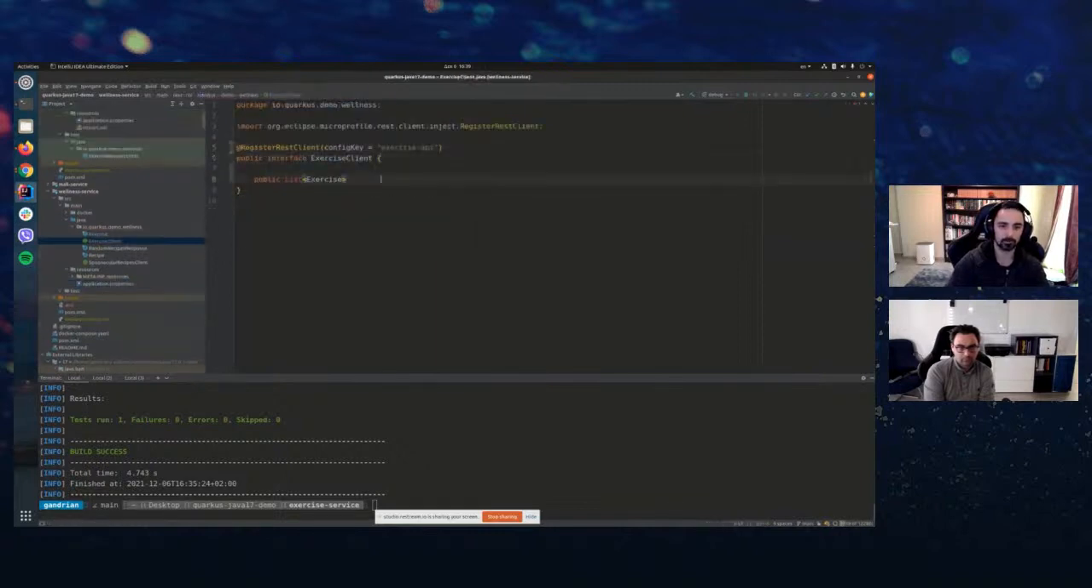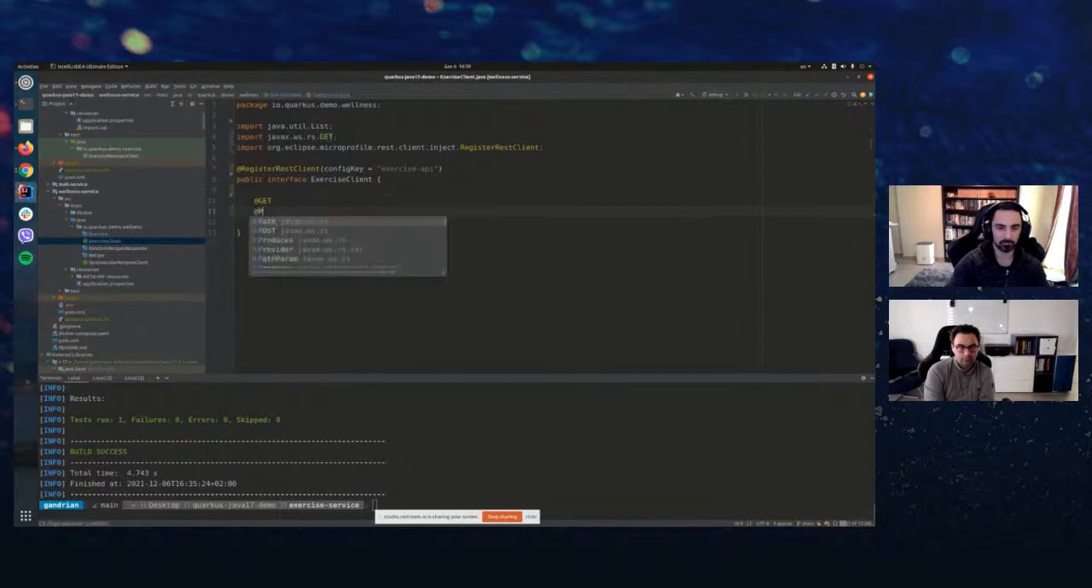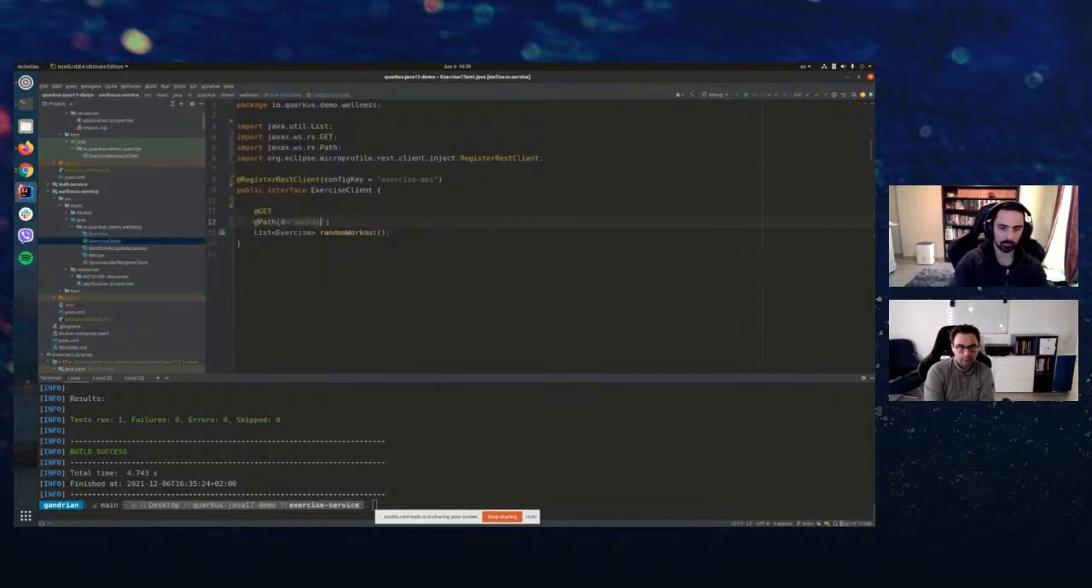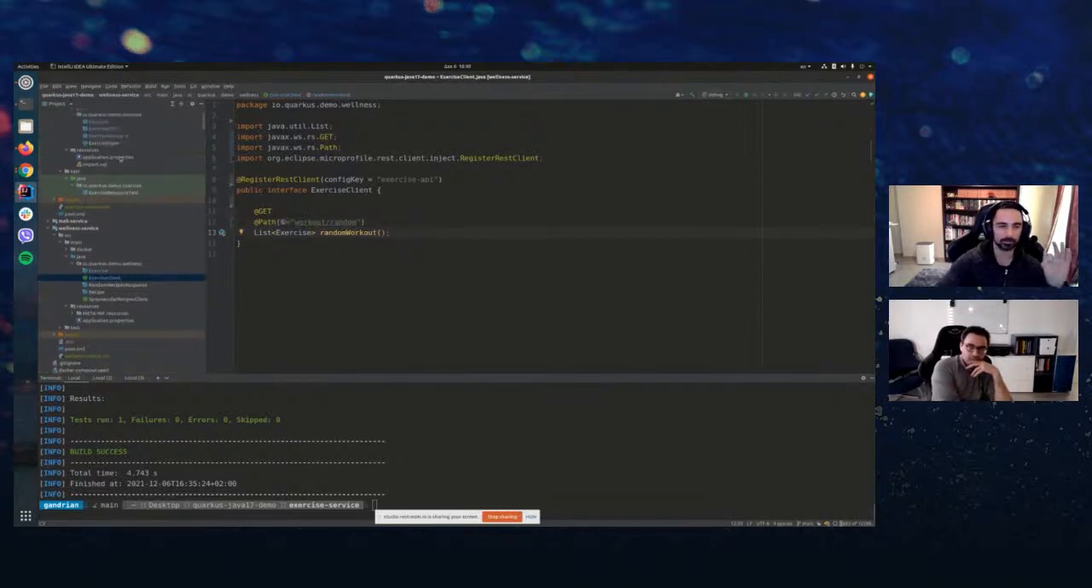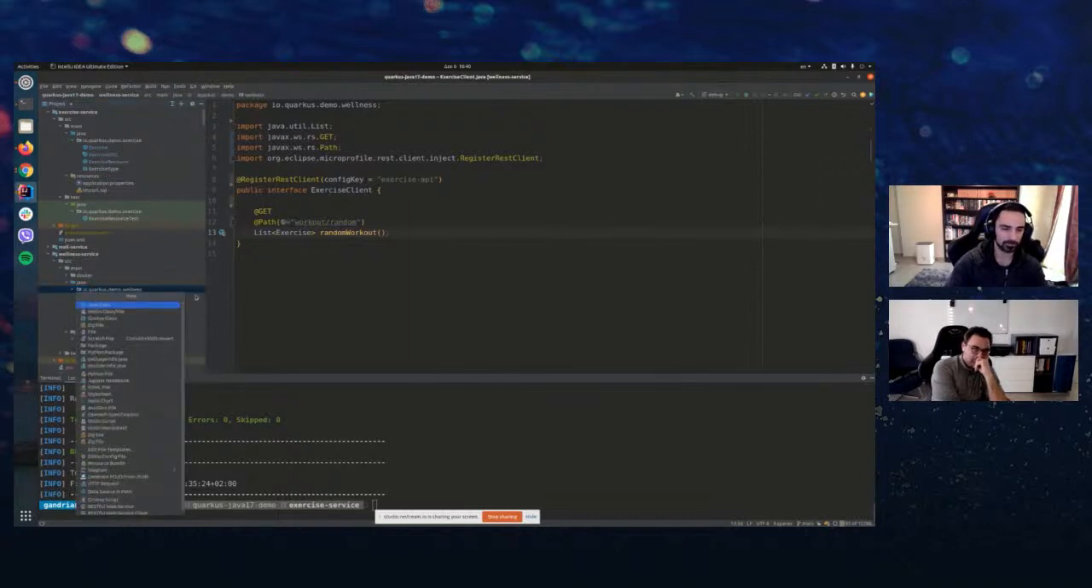And exercise, and this is a random workout. IntelliJ tells me I don't need that. Excellent. This is a get and path of workout random. Excellent. So this will communicate with the exercise service when we actually deploy the application to get the random workout. Now, what we need to do, though, first of all, is we need to develop